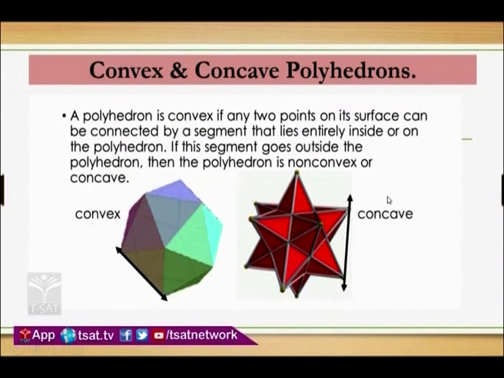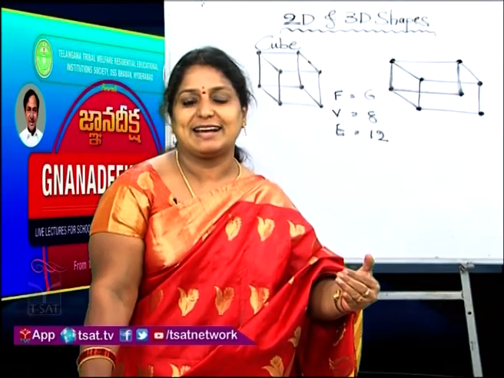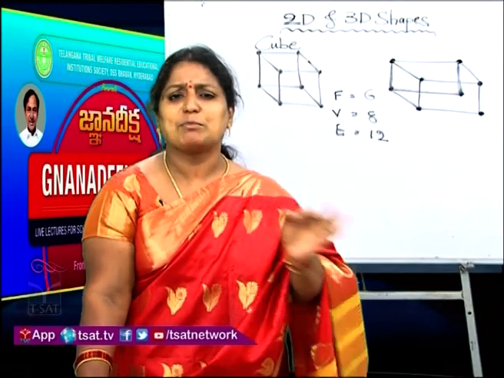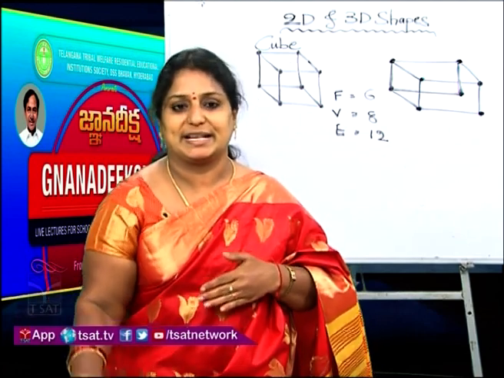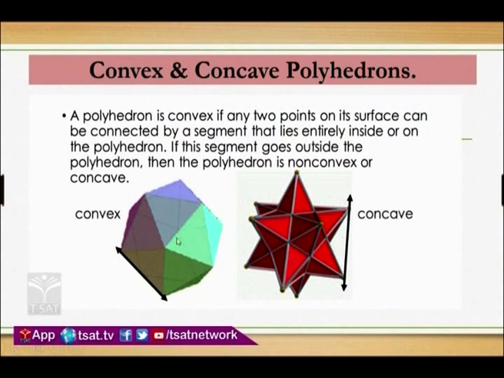Now the next concept is concave and convex polyhedron. Before classes, what are we having related to this concept? Concave quadrilateral, convex quadrilateral. The same concept we are using here also, but instead of quadrilateral we are having polyhedrons. So what is the difference? From the pictures I will show you the difference so that you will understand clearly.